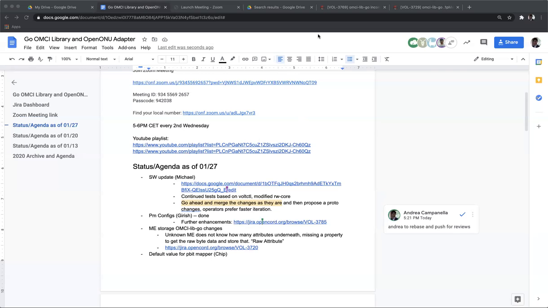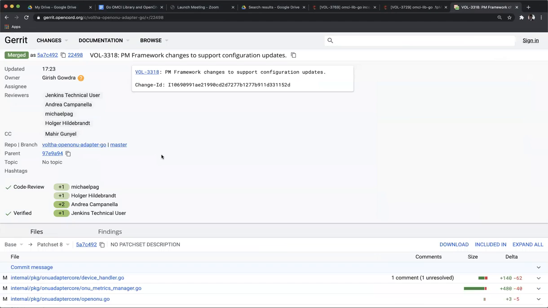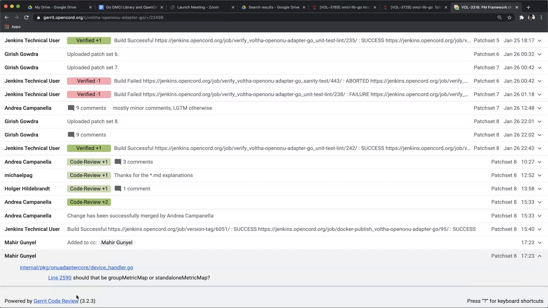Girish, I put a comment on the patch you merged. Sorry, I checked it yesterday, but I somehow missed sending the reply. So I sent it now. It's a small issue, but can you please check it if you're there? Sure, let me take a look, Mahir. No problem. It's this comment over here. It's just a naming thing. Oh, no, yeah. I mean using the wrong map, perhaps. Yeah, that's an issue, but I'll fix that.